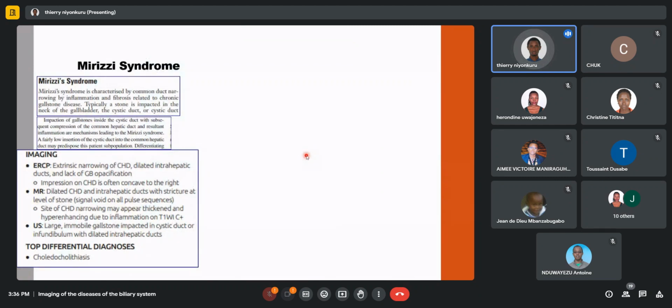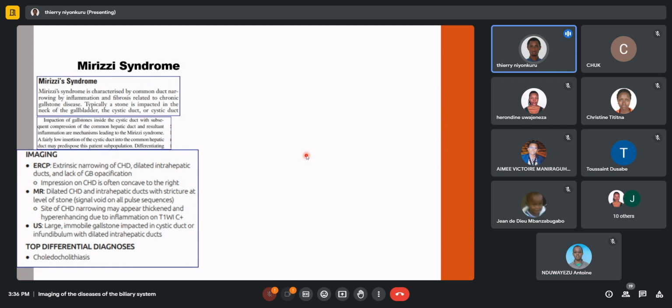There is Mirizzi syndrome, which is characterized by common duct narrowing by inflammation and fibrosis, which is related to chronic gallstone. Typically, a stone will be impacted in the neck of the gallbladder or the cystic duct. This will cause subsequent compression of the common hepatic duct, and the resultant inflammation is the mechanism that will lead to Mirizzi syndrome. Also, a fairly low insertion of the cystic duct into the common hepatic duct may predispose